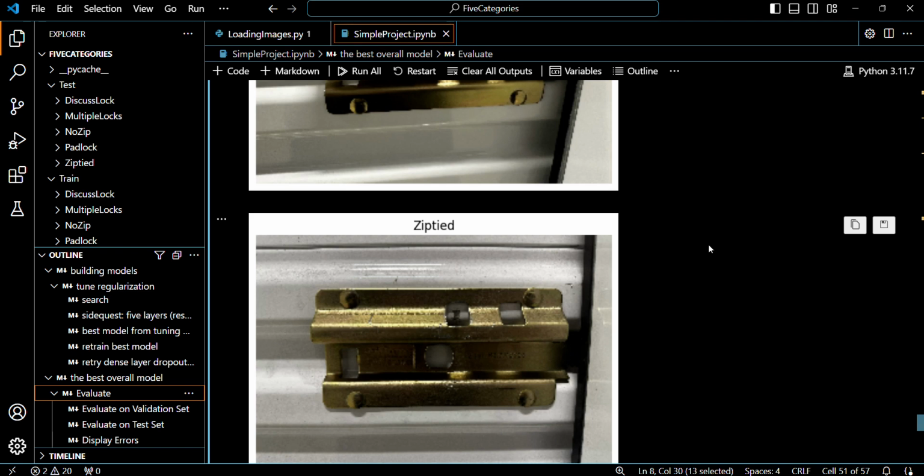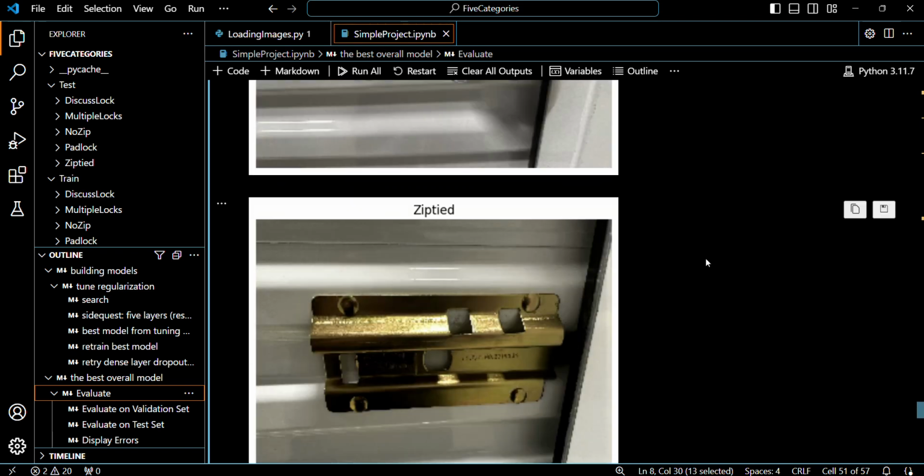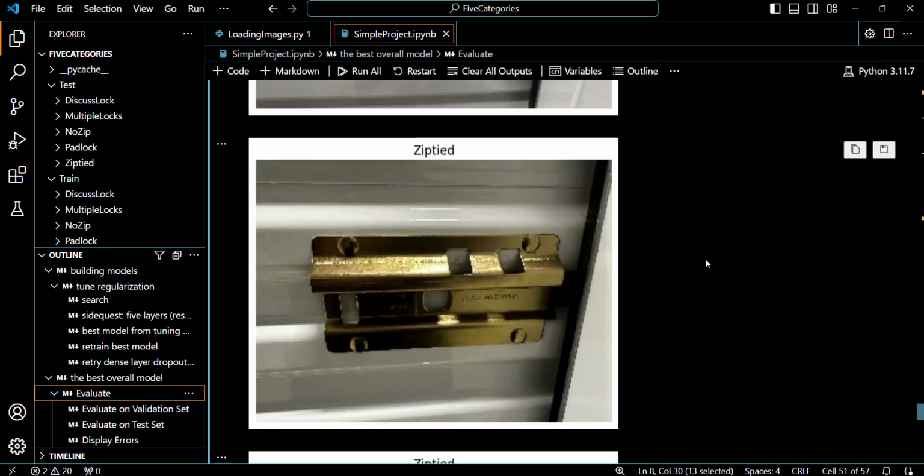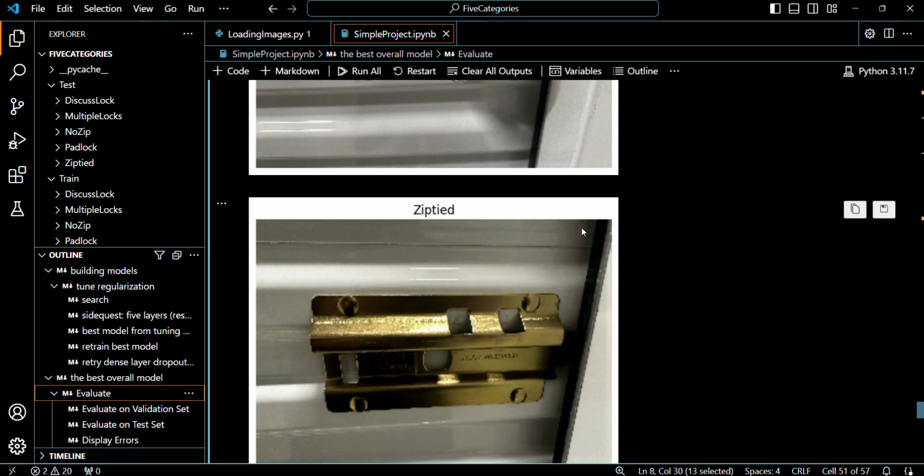But basically what happened, the way I would say it, the model saw a lot of zip tied units and mistook, in my opinion, all of the zip tied units for being unlocked. So whereas I am calling the units zip tied, I think the model probably